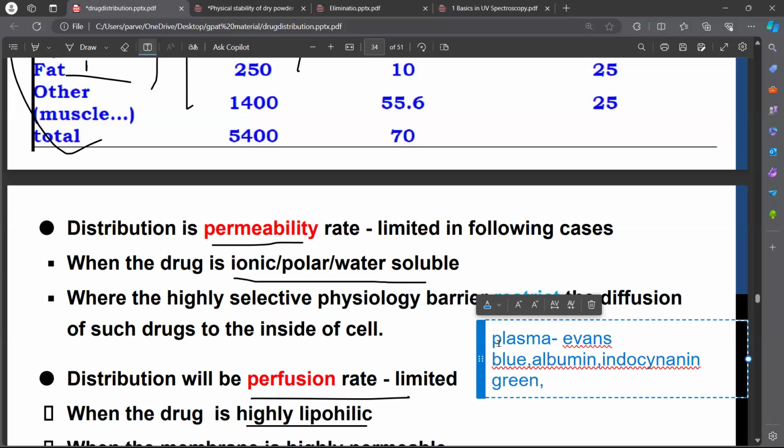Indocyanine green, and radioactive isotope iodine-131 is used. For erythrocytes, which marker is used? Chromium 51. It's not 151, it's 51. Chromium 51. For extracellular fluid,